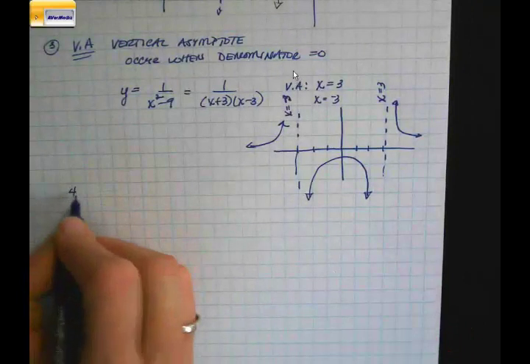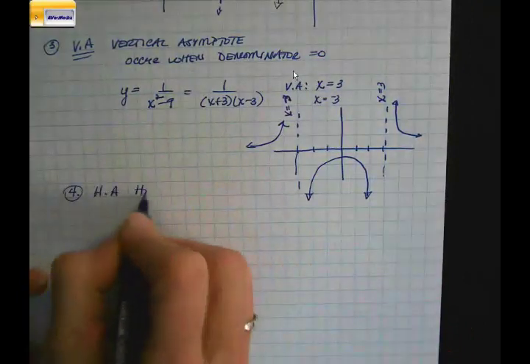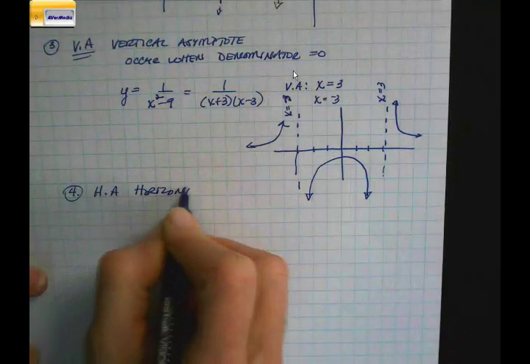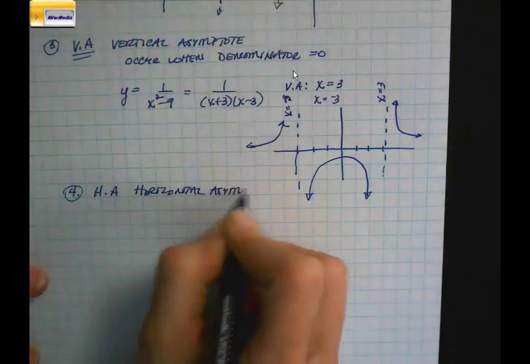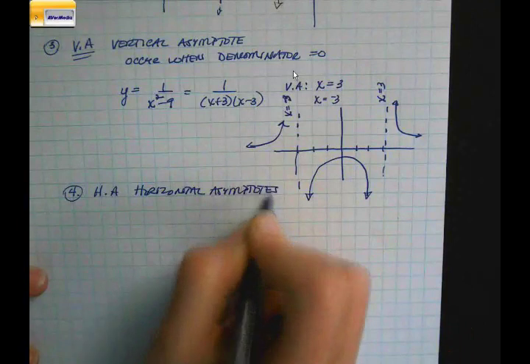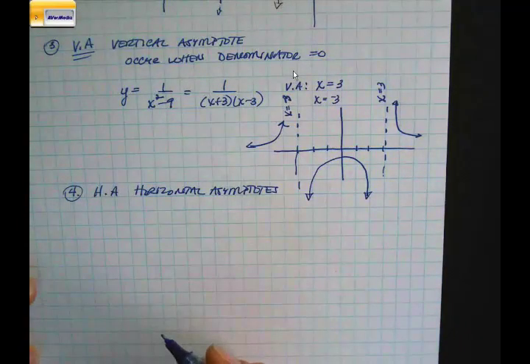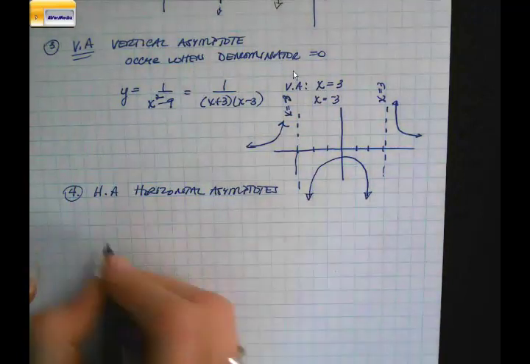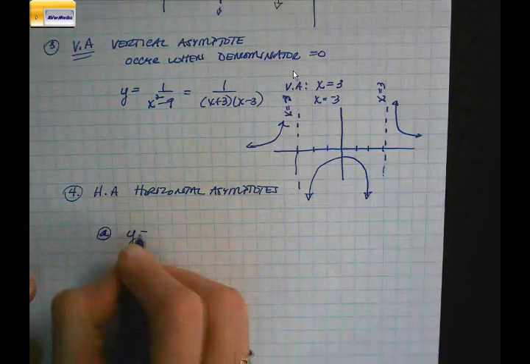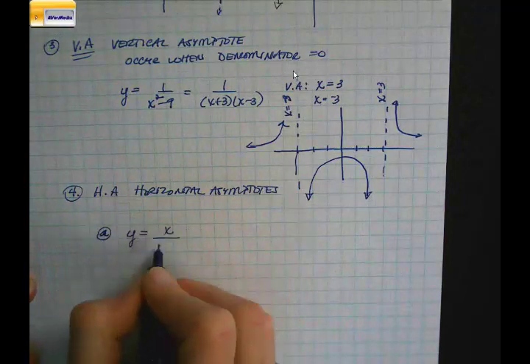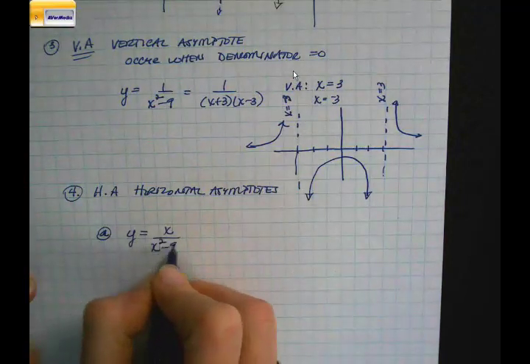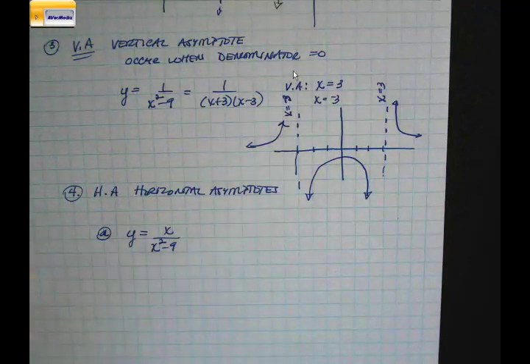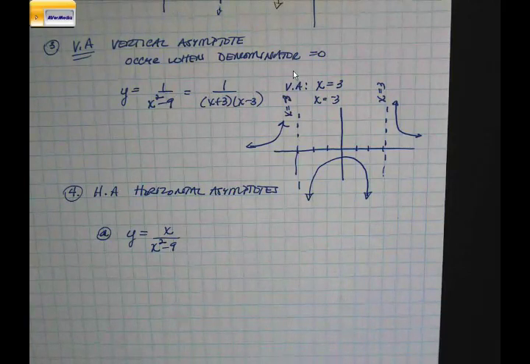Now, let's talk about horizontal asymptotes. Okay, there's two ways of coming up with a horizontal asymptote, but it has to do with the degree of the numerator and the degree of the denominator. Now, if you have an example like y equals x over x squared minus 9, then the degree of the numerator and the degree of the denominator is pretty much the exponent on the x variable. Now, it varies as you get into a more complex equation, but that's kind of the way it